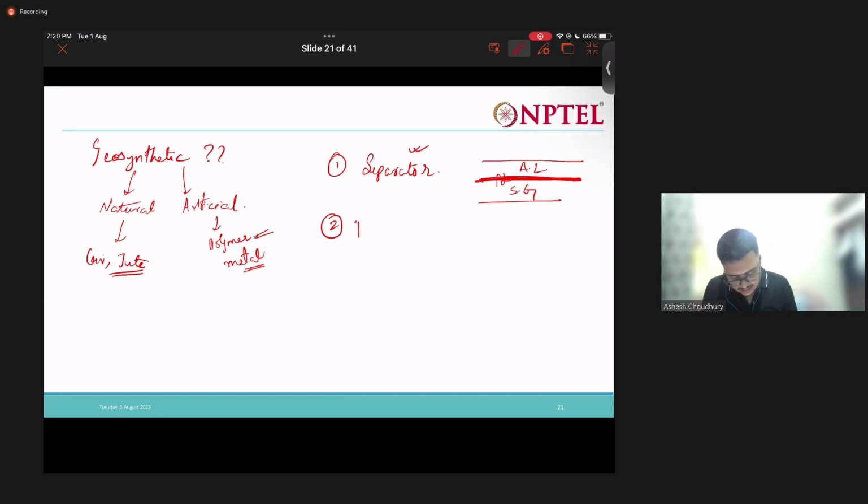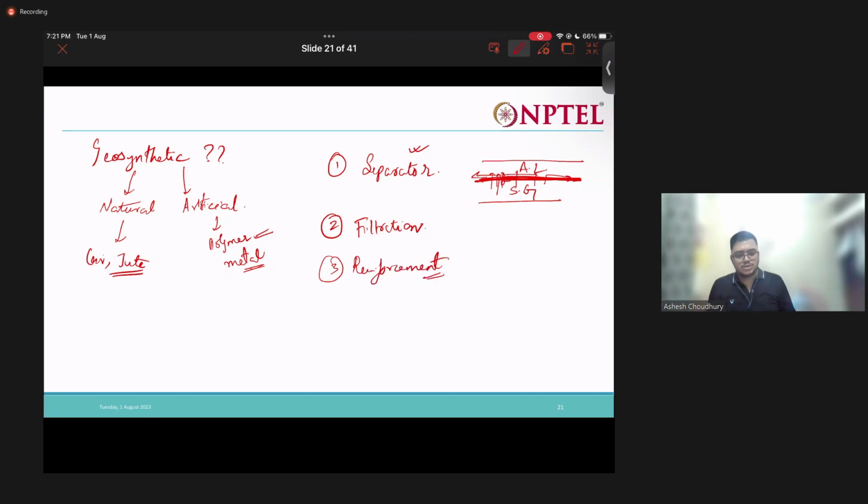Next is filtration. How filtration? This geotextile will actually allow water to pass through it. It will allow the water to drain out through it, but it won't allow the soil particles to pass, right? So that's why filtration. And then the most important property,